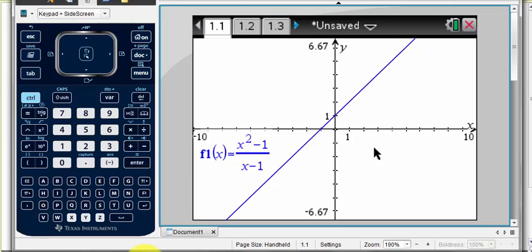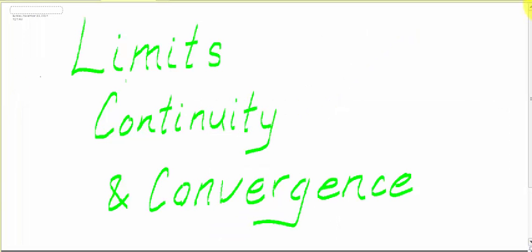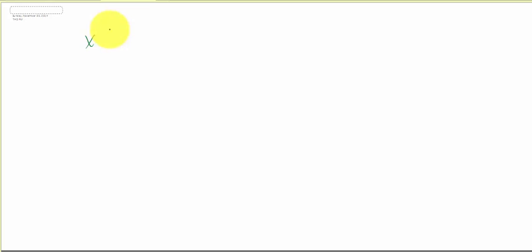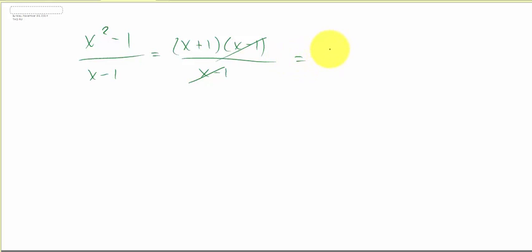Well, if you factor the numerator, it's x plus 1 times x minus 1, and the x minus 1 factor in the denominator cancels with the one on the top. So this function is equivalent to x plus 1, but